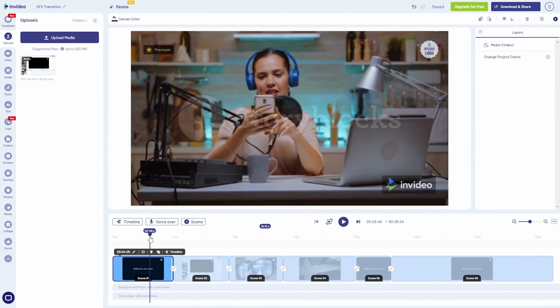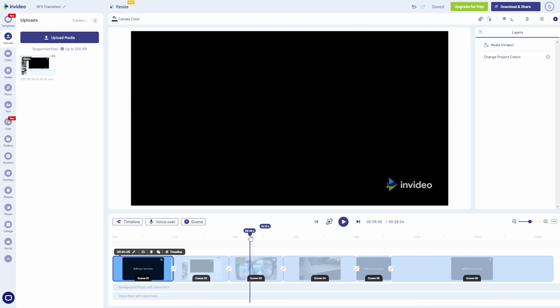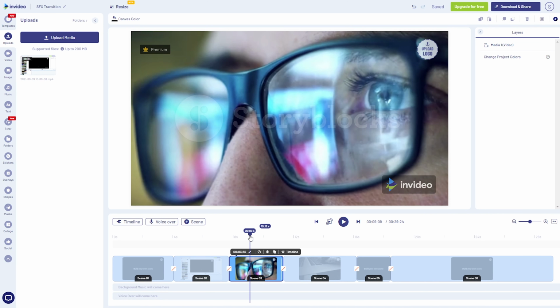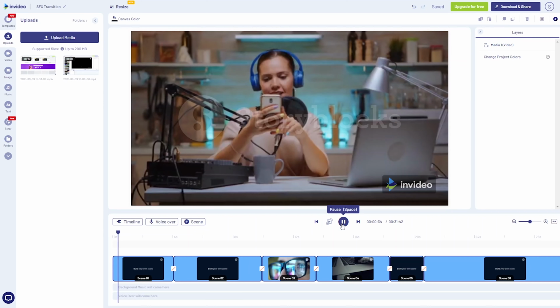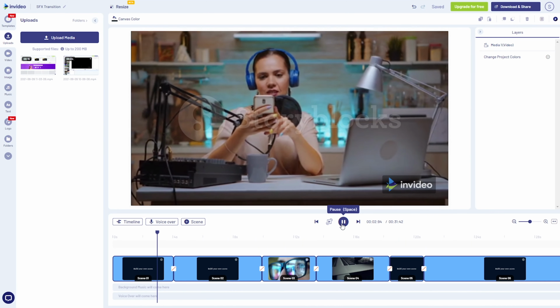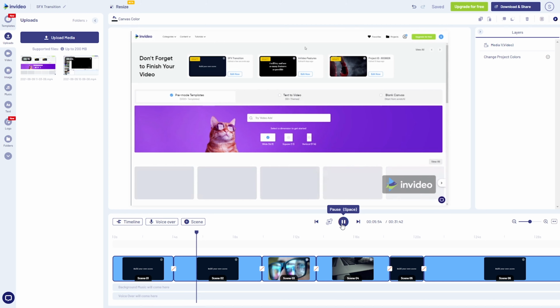This is a very common use case wherein you have a person talking to the camera and introducing the subject of the video, and then want to move to another scene where you actually show the tutorials or steps. We do this all the time at InVideo when we transition from the intros to the steps we actually want to cover. So in the first scene, we have a host who is talking to her audience, and in the second scene, we actually see her computer screen.